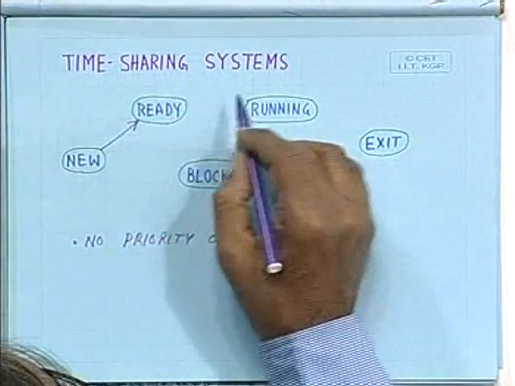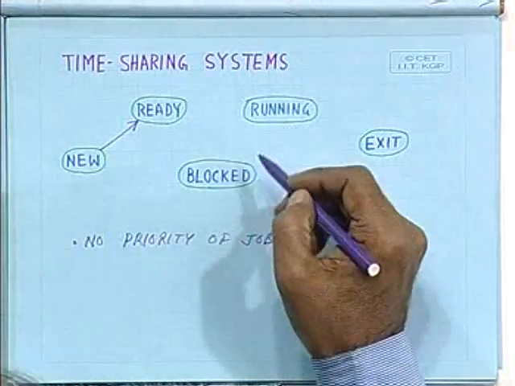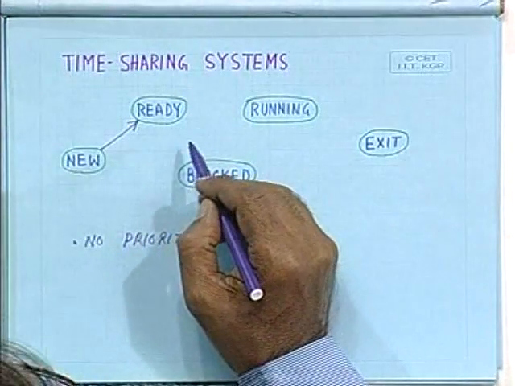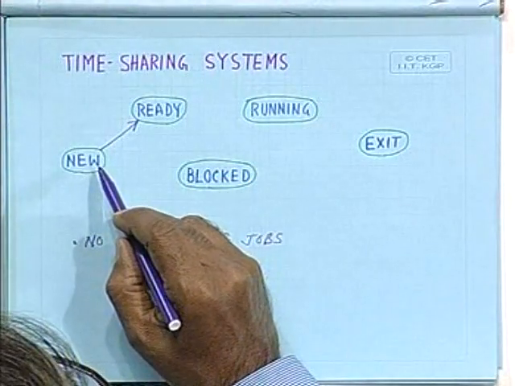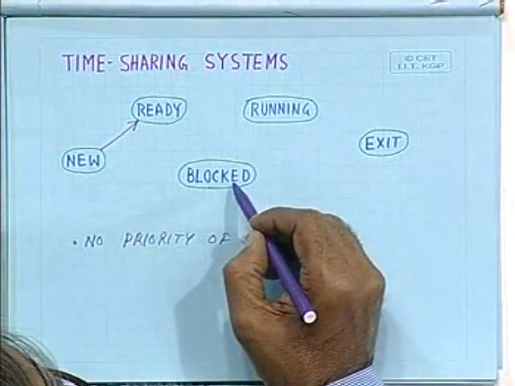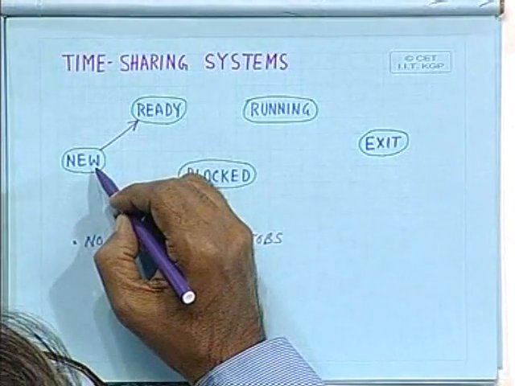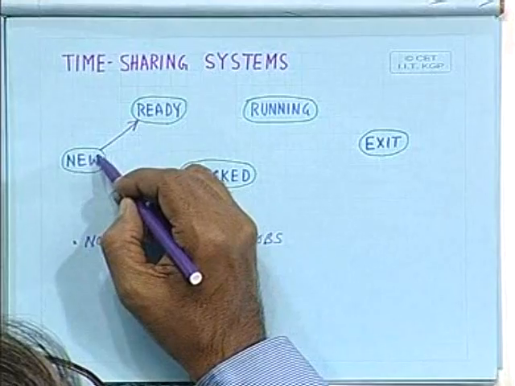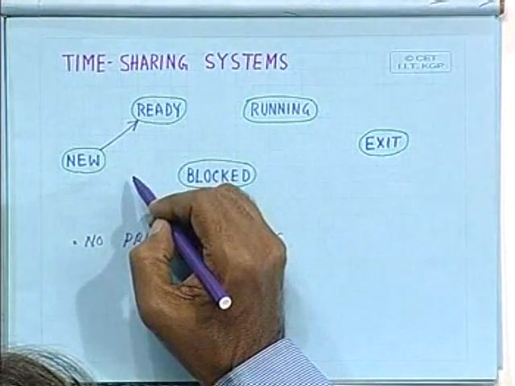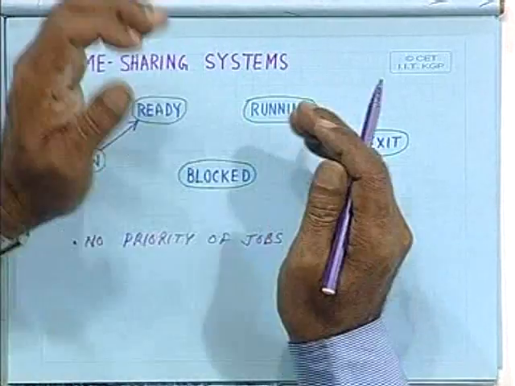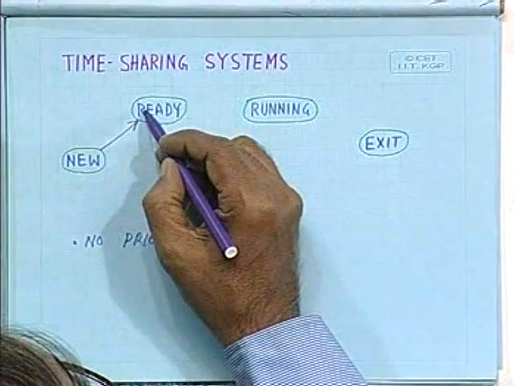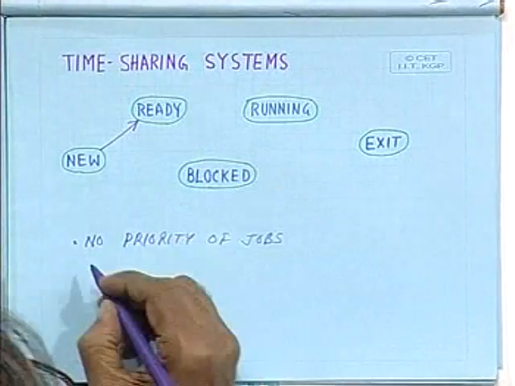This time sharing system can be best explained with the help of this 5-state process model. Here you see we have got 5 states: new, ready, running, blocked and exit. I shall explain what are these states. So whenever a job is submitted, then it goes from new to ready state. There may be a number of jobs in the ready state, so there may be some kind of queue of jobs waiting in this ready state. One of the jobs, usually in round robin fashion,